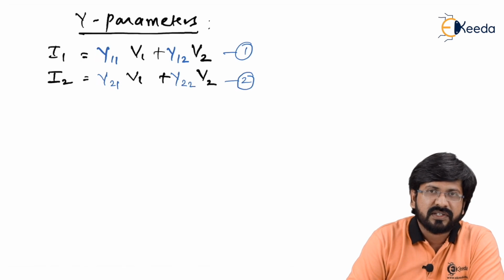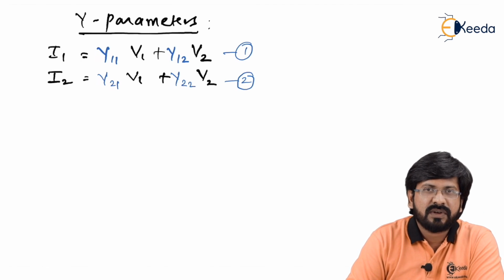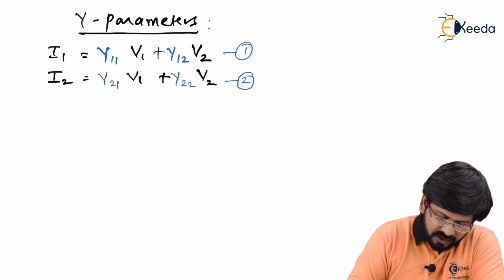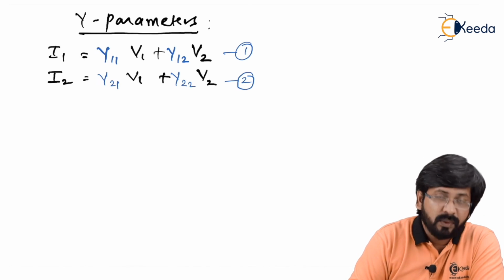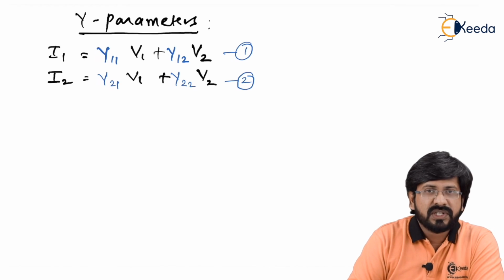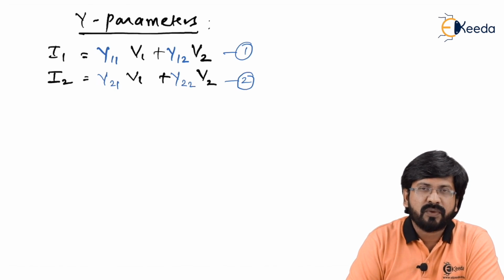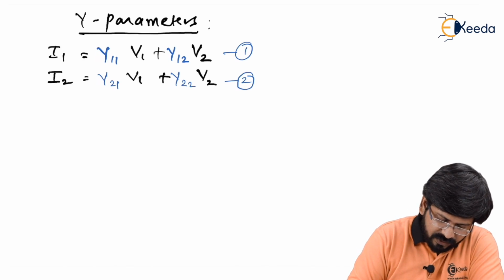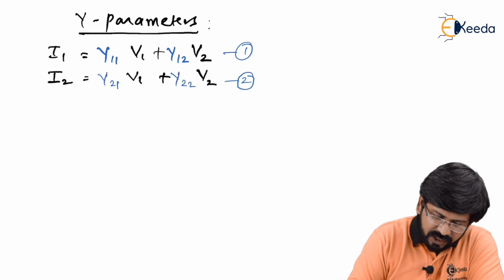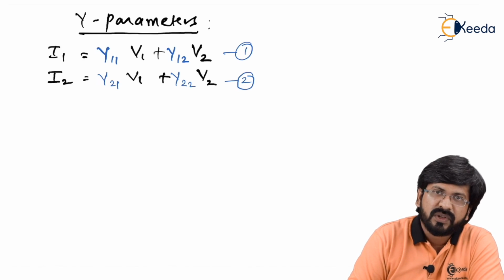Refer to these two equations. Can't you see both the equations are current equations? And we know the fact that a current equation gives you what kind of circuit? It gives you a parallel circuit. So I1 gives you a parallel circuit, I2 also gives you a parallel circuit. Of course, you don't have to forget that I1, V1 will be only a part of port 1 and I2, V2 will be compulsorily part of port 2. So now when I try to draw I1 is equal to Y11 times V1 plus Y12 times V2, of course it is going to form a parallel circuit.